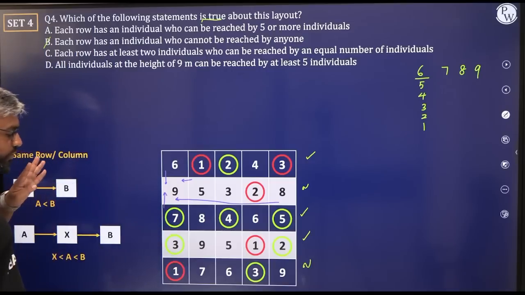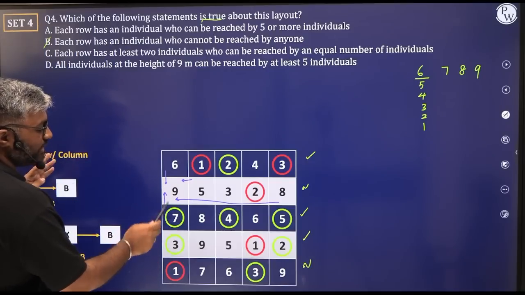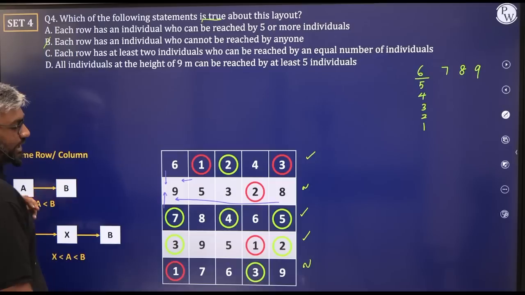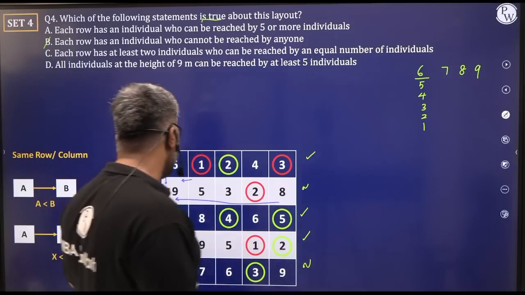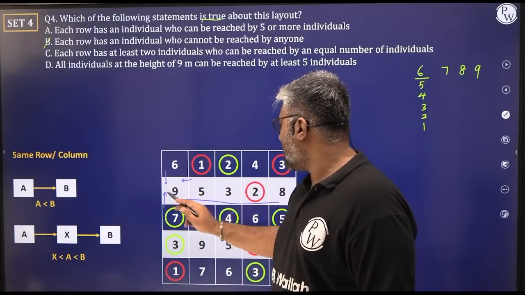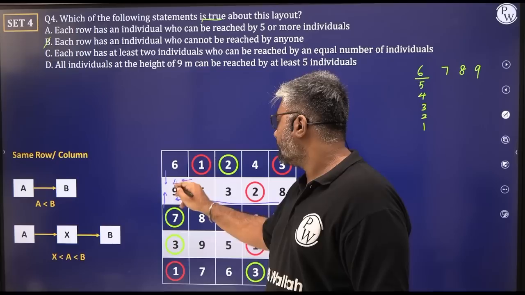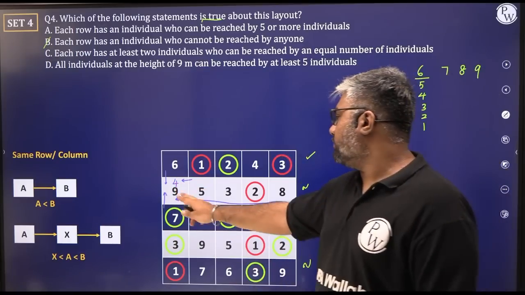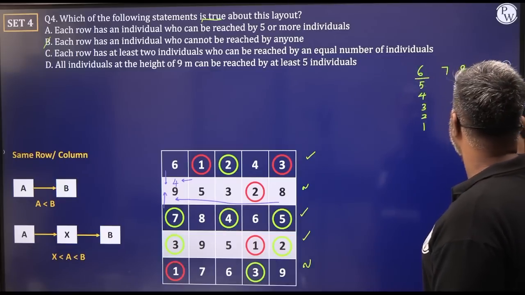Yes, we can. 4 here. We can't go 3 to 7 to 9 because 7 is not less than 3. We can't go from 1 because nothing is less than 1. So although 9 is such a big number, it can only be reached from 1, 2, 3 and 4 places only. Yes. So we put in a little extra effort for just one platform. We can eliminate one more answer choice.